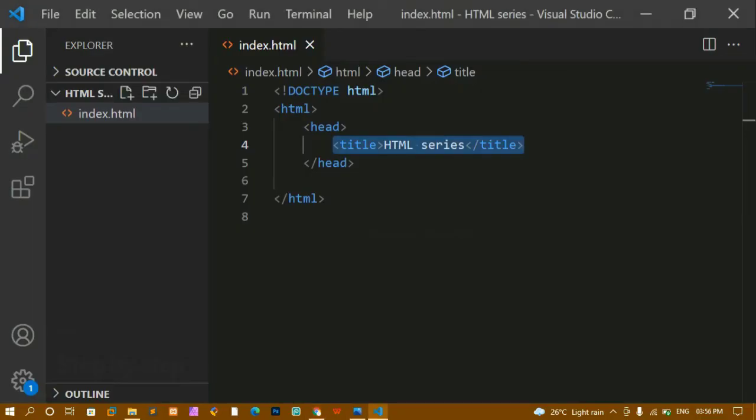Okay, now whatever you can see, that is for the space I have given inside my folder. You can see HTML space series. For space, it is just detecting as %20, and next I have this series/index.html. Okay, this is my file path.